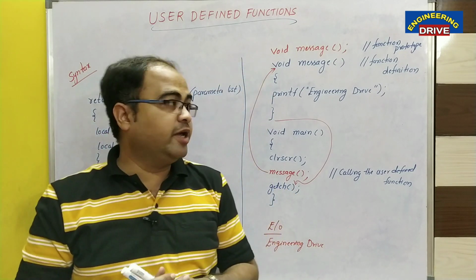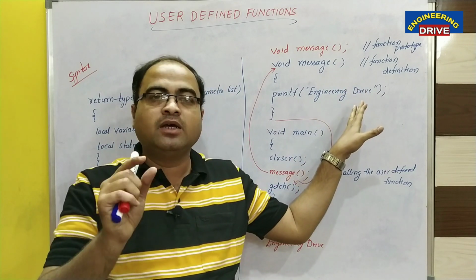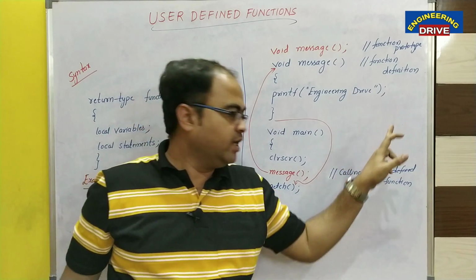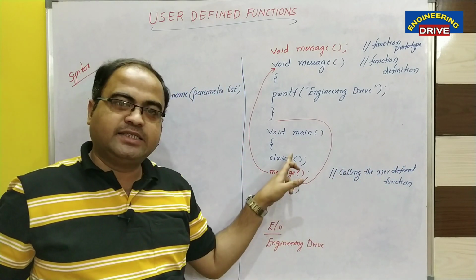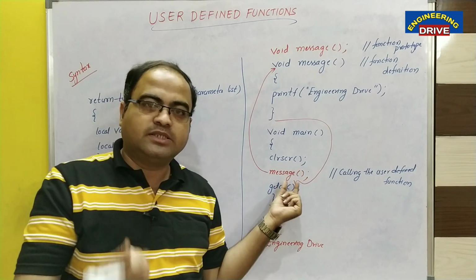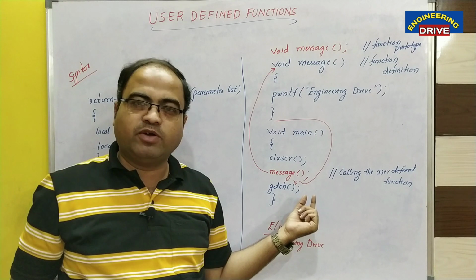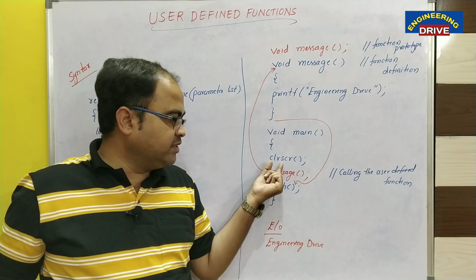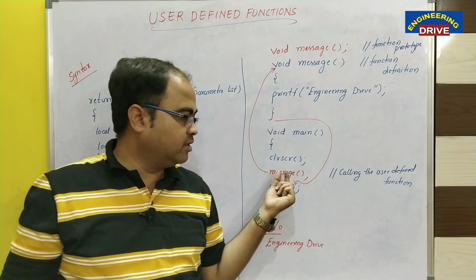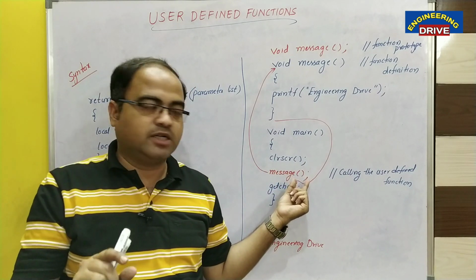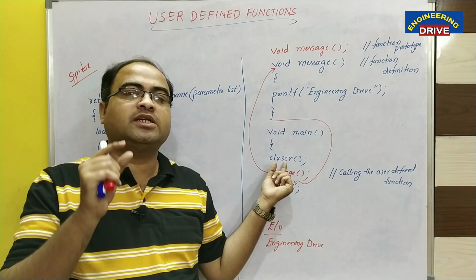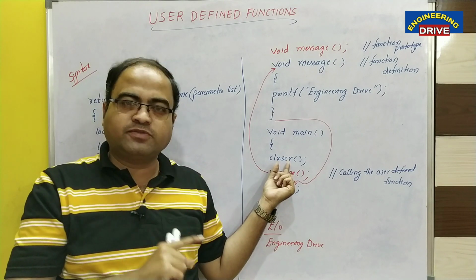So dear students, in order to activate a user defined function, compulsorily our main function should call the user defined function. Okay, now if I show you these three lines here, three statements, CLRSCR, same way we are calling the function. Message, same way. Similarly, getch also in the same way we are calling this function. If we see the difference between CLRSCR and message, CLRSCR is a built-in function. Message is a user-defined function. Where is the code of CLRSCR function? Where is the definition of CLRSCR function? It is available in the standard libraries of C.